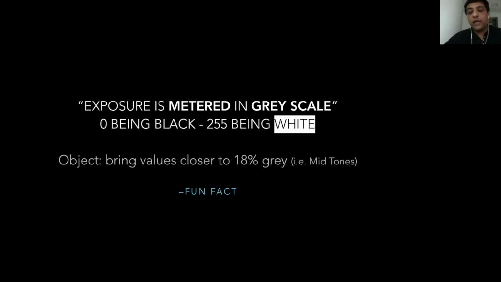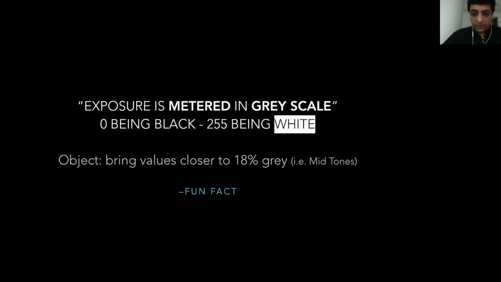Even while you shoot color, metering is done on grayscale, which means that 0, 0, 0 value in RGB would become black, and 255, 255, 255 will become white. And these three channels will then control what color and how the colors are depicted in your photographs.